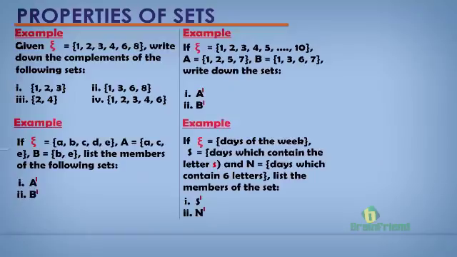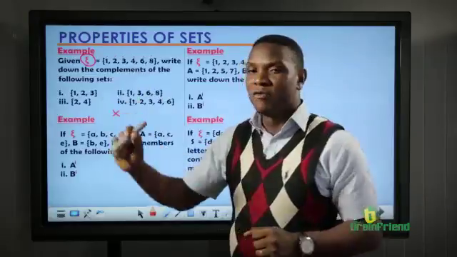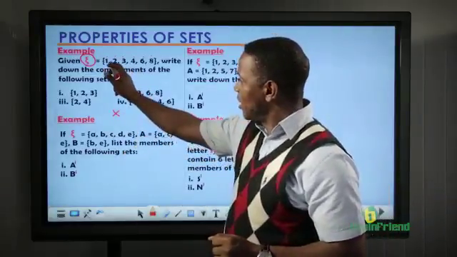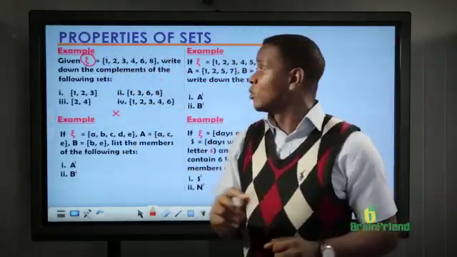Let's go on. Let's take a look at some examples so we better understand what a complement is. If we're given a universal set that has elements 1, 2, 3, 4, 6, and 8, and we're asked to write down the complement of the following sets. Let's take the following sets one after the other. So we have a set that has elements 1, 2, and 3. Let's name our set X. We've been asked to find the complement of X, where our universe has these elements 1, 2, 3, 4, 6,